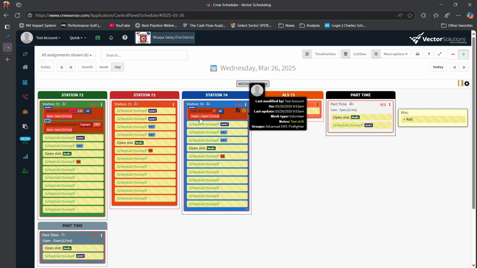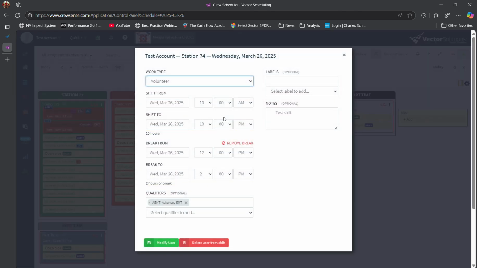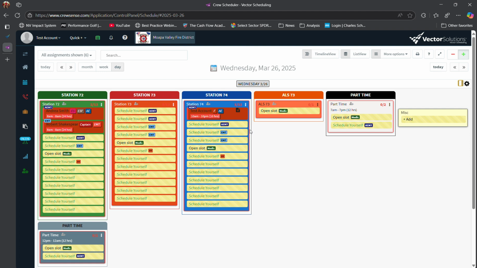This still shows you're available from 10 a.m. to 10 p.m., but it only shows 10 hours. The only way I'm going to know that you're on break is if I click on the shift. So it doesn't necessarily matter that you put that you're on break, but if you wanted to, you have to show